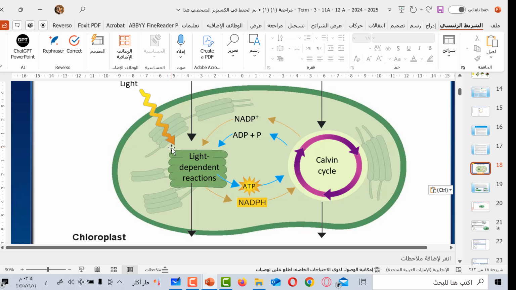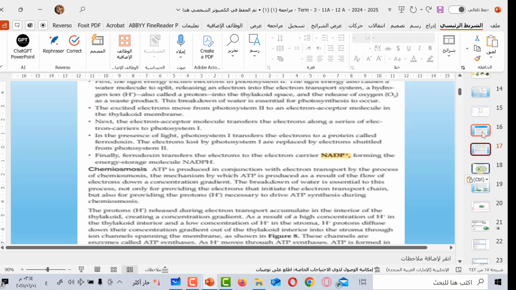file. Okay, now we know that some of the ATP will be made in the light dependent reaction, and NADPH will be made in the light dependent reaction, and it is important for the Calvin cycle to use it. Okay, these two